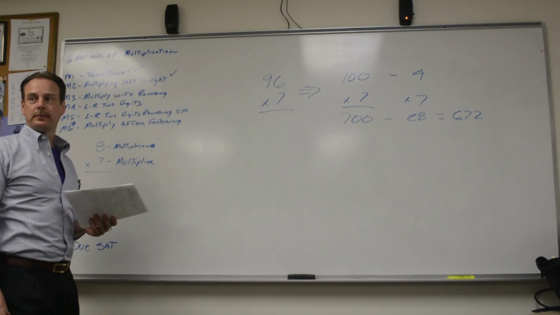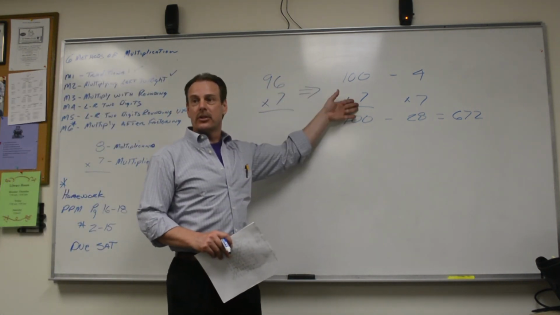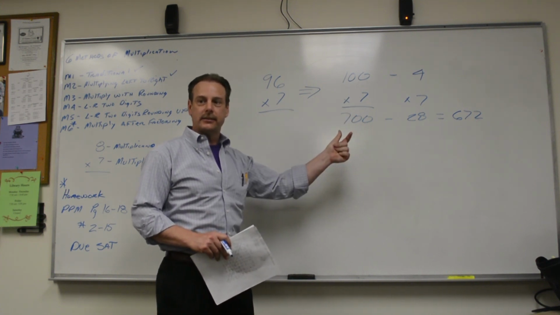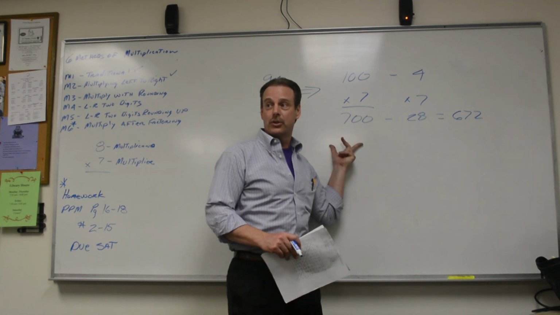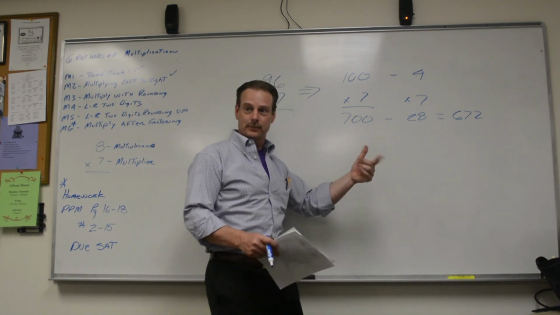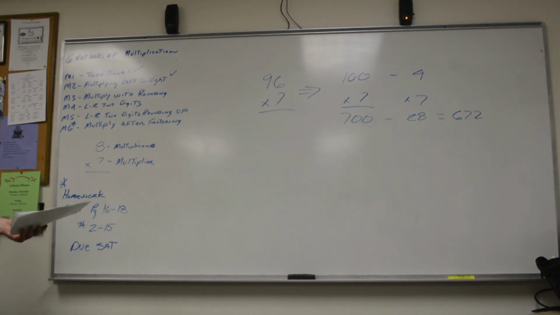Now, isn't this one almost a visual? 100 times 7, 700. This one is in your math facts, 28. Then you just do the subtraction. Boom. All right? Not a bad technique, right? I don't think it takes a lot longer, but in certain numbers, in certain situations,